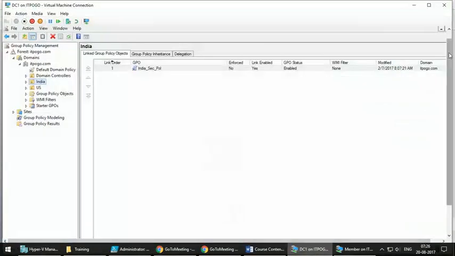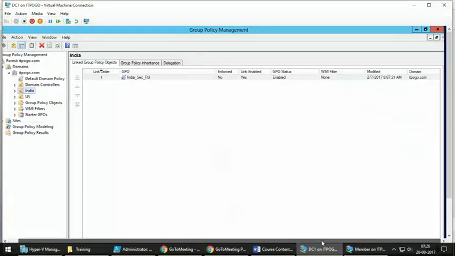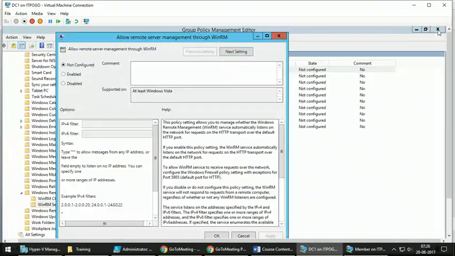Okay, so after enabling the group policy, or when you run the enable PS remoting command, these things will happen. The WinRM service will be set to automatically listen to network requests for HTTP transport.